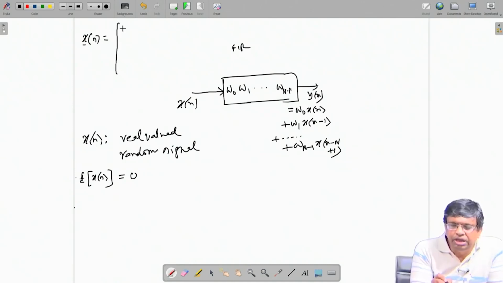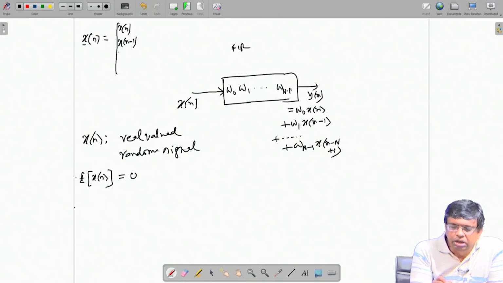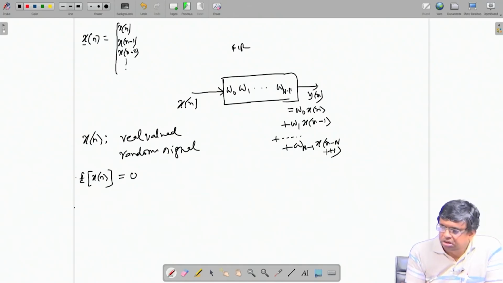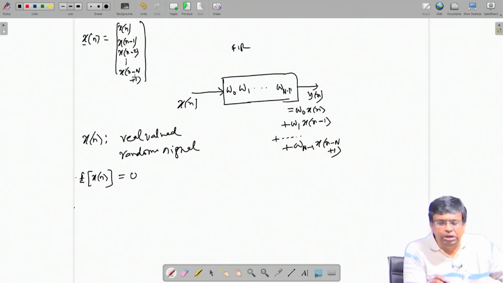Suppose I define a vector x n, starting coefficient x of n, next is x of n minus 1, next is x of n minus 2, dot dot dot, last is x of n minus n plus 1. This is your x n vector,